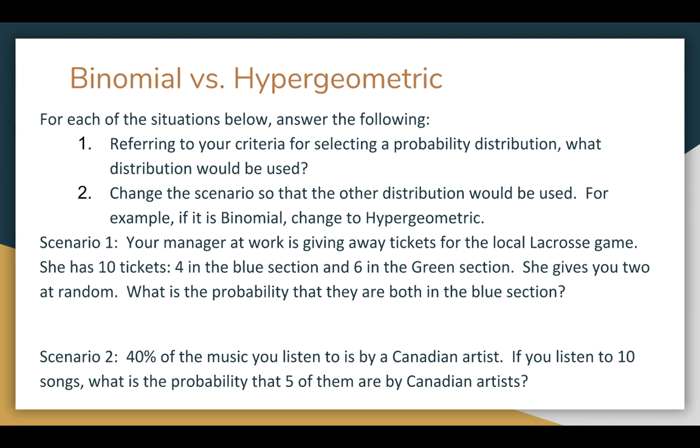And then 40% of the music you listen to is Canadian artists. So again, this is a binomial situation. To change it to hypergeometric, you just have to say you have 100 songs and 40 of them that you listen to are Canadian. And so that's like the